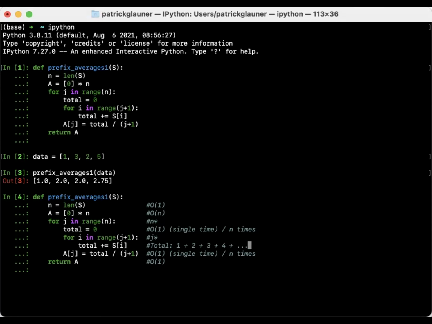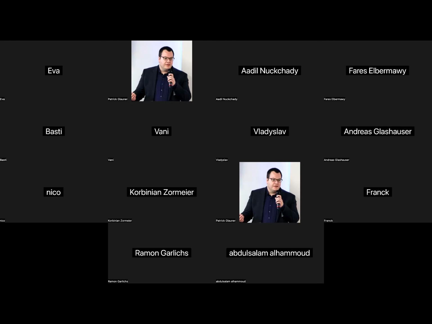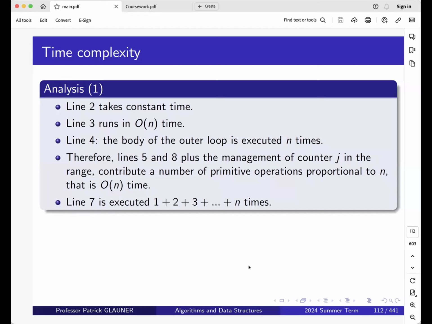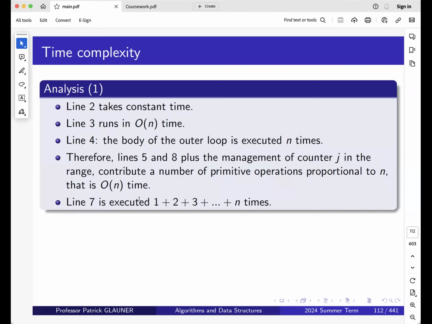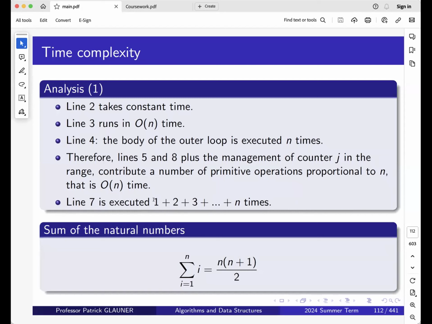And I need to sum all of this together, and I'll show you this in my slides. The problem is this line that has line number 7, because there is this total that I'm creating, and that line is executed once, then 2 times, then 3 times, and so forth. And I need to sum all of this together to get the number of primitive operations that I'm spending on the inner loop. And the inner loop is actually the highest order term, because if I say, what is the sum 1, 2, 3, 4, 5, and so forth,